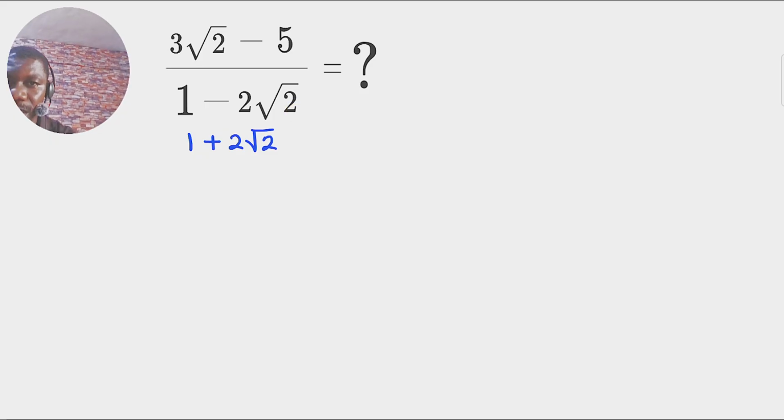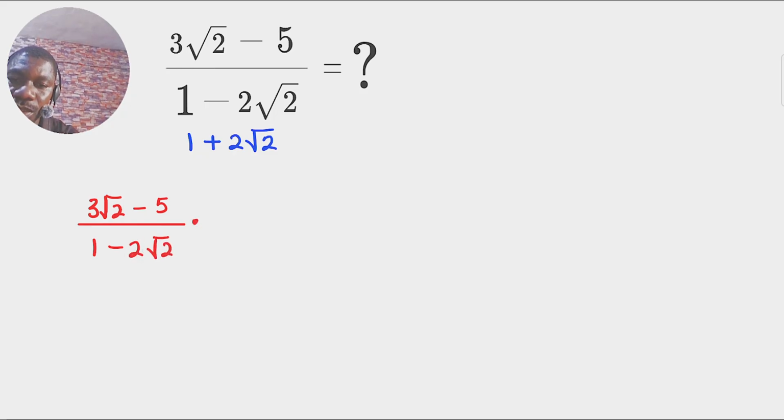So let's get started. So here we have 3 root 2 minus 5, then all over 1 minus 2 root 2, then times the conjugate, which is 1 plus 2 root 2, then all over 1 plus 2 root 2. Now the whole essence of this is to ensure that we clear off any radical from the denominator. Okay, so let's just continue. So it implies that we'll multiply all this by this, and this should give us